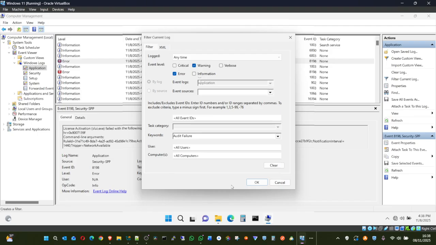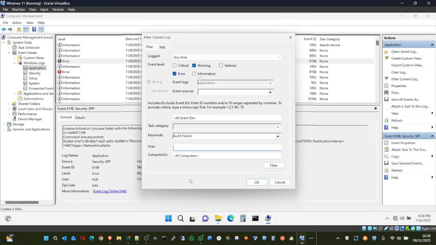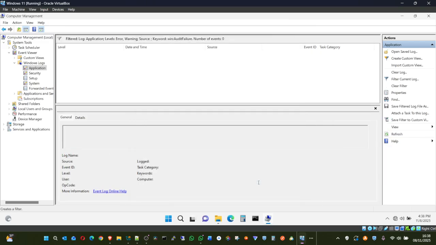Maybe that's what you want for all users, or how many users. You will also want to put the username of that person. To get the username, just come here: Shegun, Bimbo, administrator. Put it in there. From which computer, or if not, just leave all those things and say okay.